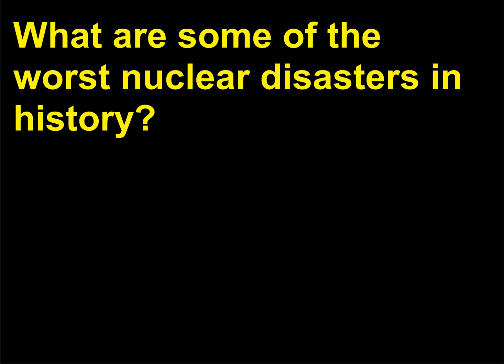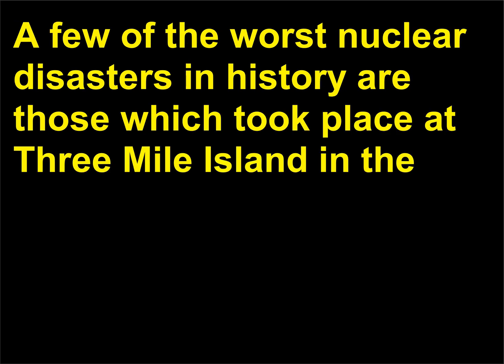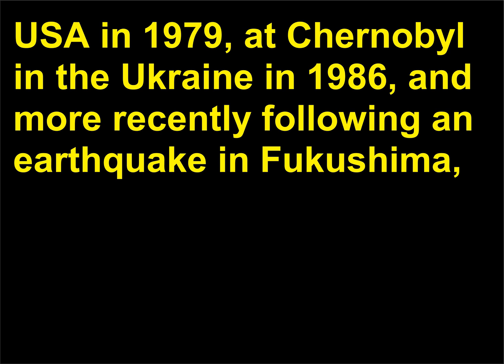What are some of the worst nuclear disasters in history? A few of the worst nuclear disasters in history are those which took place at 3 Mile Island in the USA in 1979, at Chernobyl in the Ukraine in 1986, and more recently following an earthquake in Fukushima,